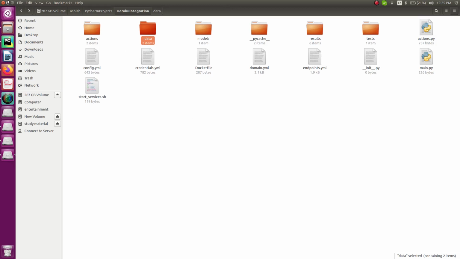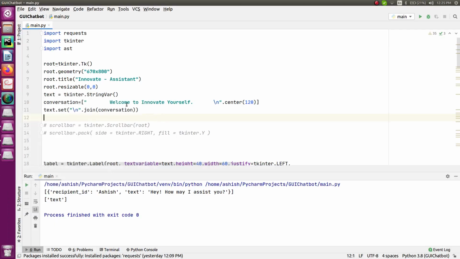You can check that. Now just remove this and go back, so that what we can do is we can link our chatbot to the GUI. And for linking that GUI, now after deploying the chatbot to the Heroku server, you will have an API. So we will use that API, which will be used to send a post request, and based on that you will get an output for that, or let's say you will get a reply from your bot that you can display onto the GUI application where you want to display your complete conversation that you are having with your chatbot.